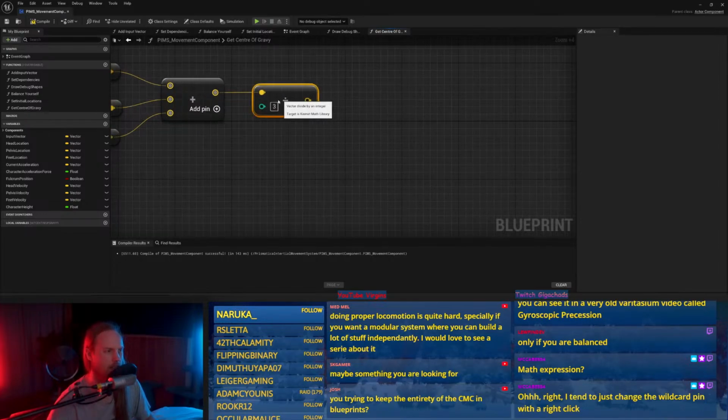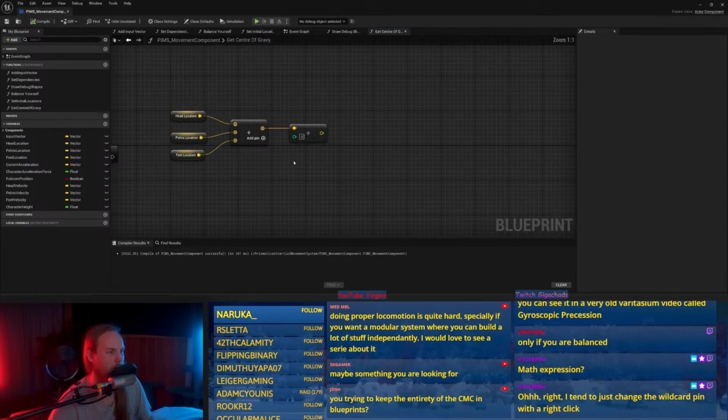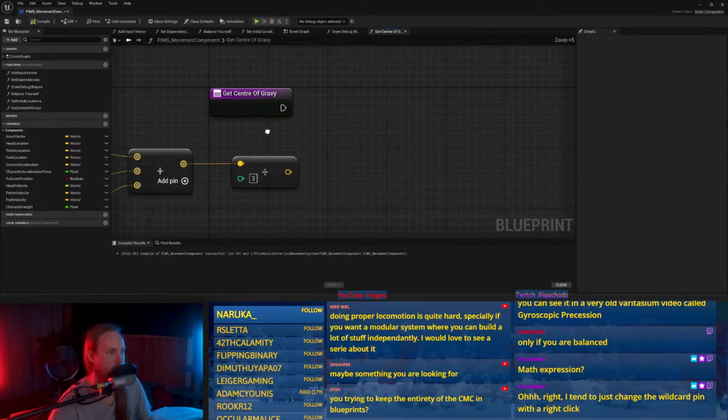I wish you could do both. Like type the default thing, but then right click to change it to a float or whatever. Anyway, so there's our center of gravy.